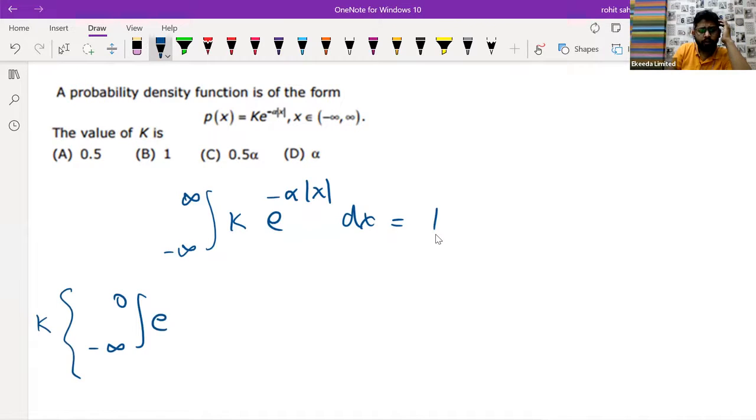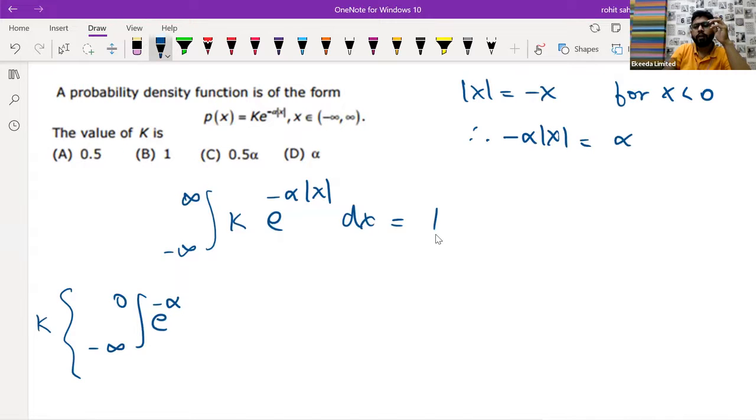So e to the power of minus alpha mod x. So mod x is negative x for x less than 0. So I can write, therefore, negative alpha mod x will become alpha x. Negative of alpha and negative of x. So that will directly become alpha x. So this is e to the power of alpha x dx. Fine. Similarly,